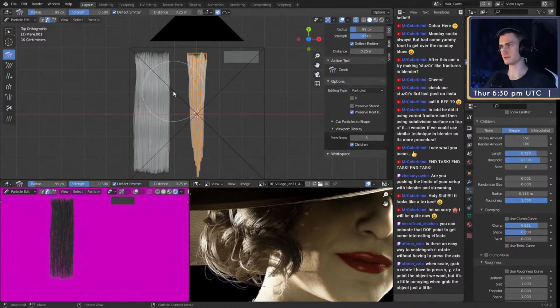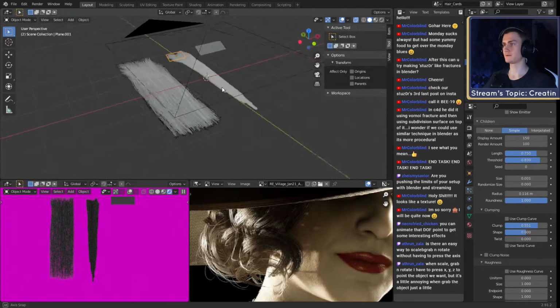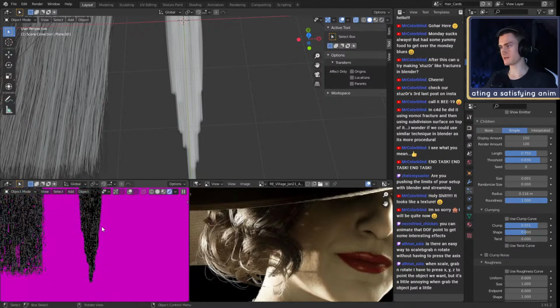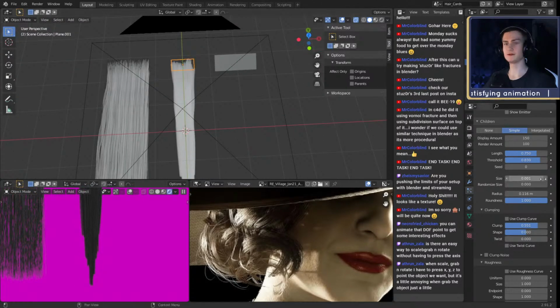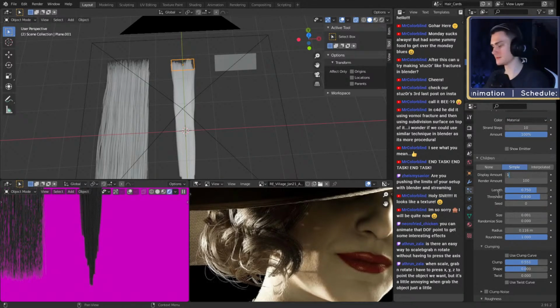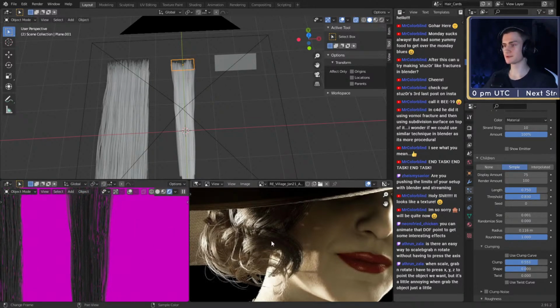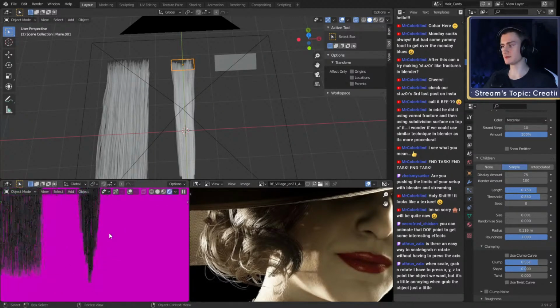Yeah, I think that looks quite good. Looks quite okay. What I want to change though is the thickness. That's quite thick. We don't need that many children, so we can go back to the display amount. Maybe 100 should be enough. Maybe even 75. 75 looks pretty good. We still have some holes, so we can create some depth, because you can see through the individual textures, but they're also not too thin that you can almost not see them.